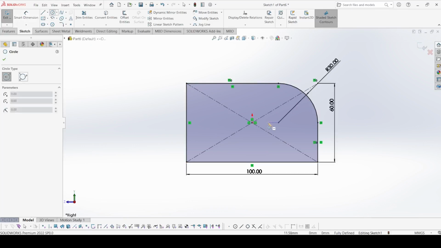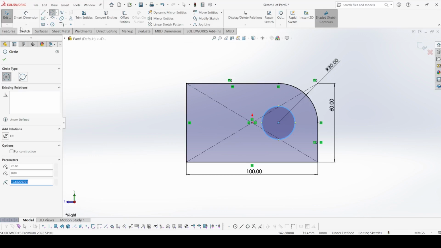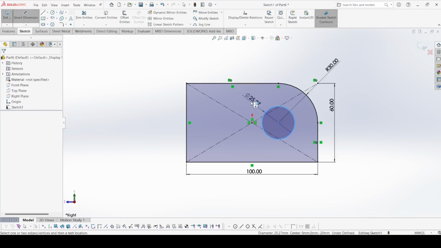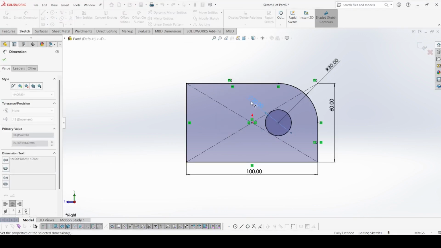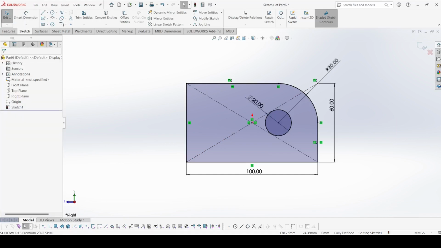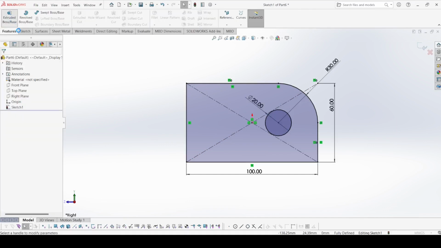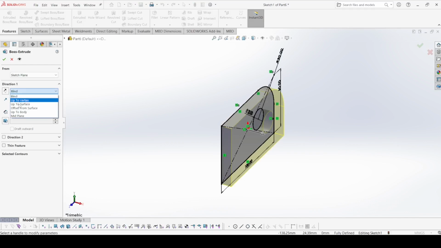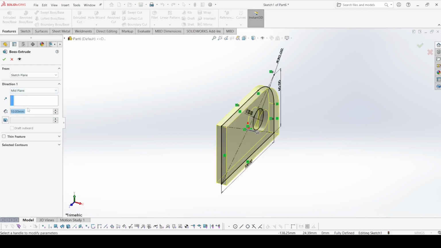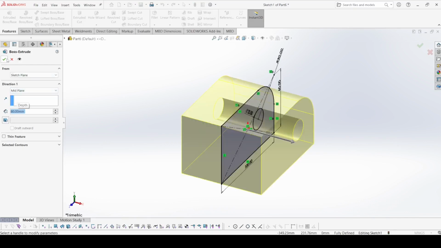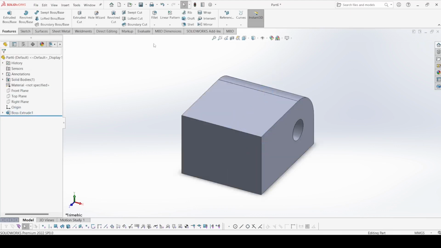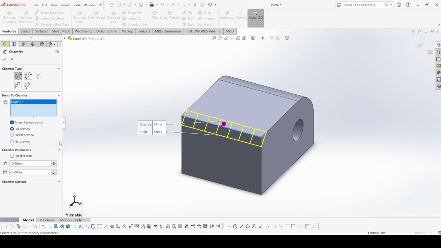Now select the circle and draw one circle from this point, and the diameter of this circle is 20 mm. Apply OK. Now go to features and select extruded boss. Here select mid plane and it is 80 mm. Apply OK. Now select chamfer here and select this edge, and it is